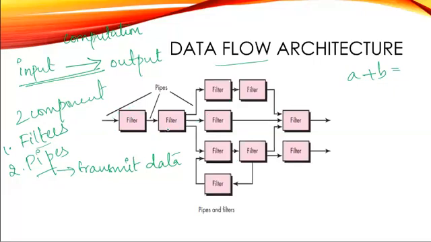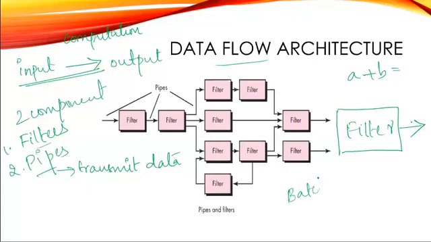Now within this architecture, you can see that the input was given via one filter and the output is two filters. Now suppose there is another filter added here, and at the end you get the output. If this data flow degenerates into one single line of transform, this will be called a batch sequential component. So this is your data flow architecture.